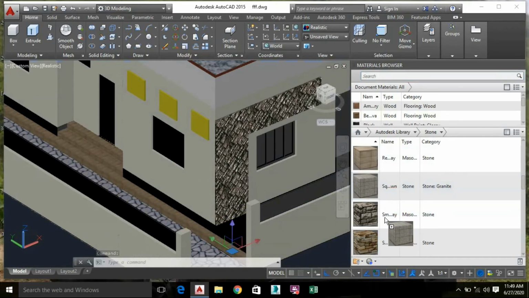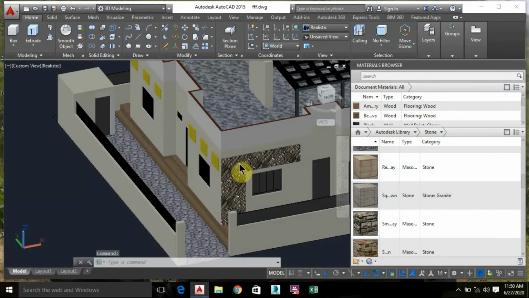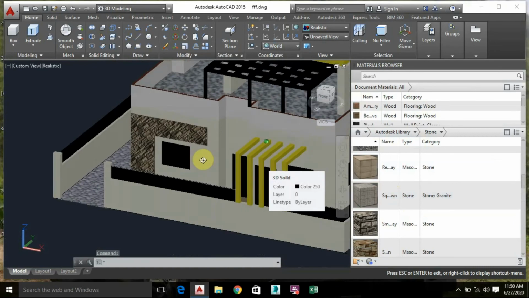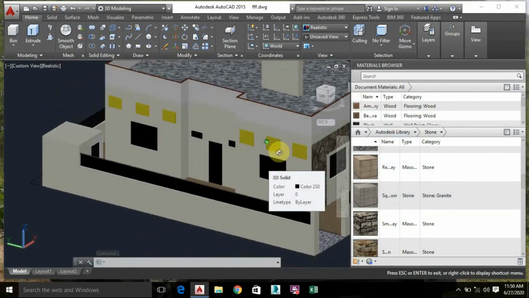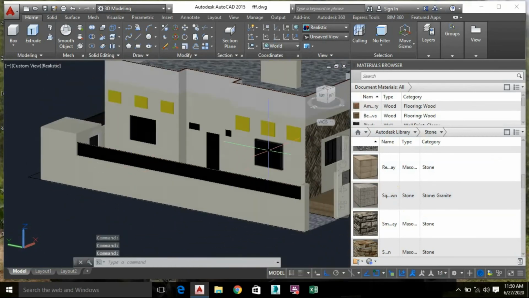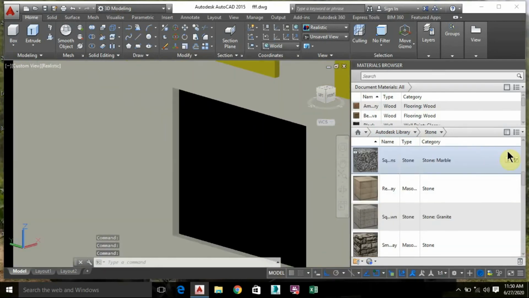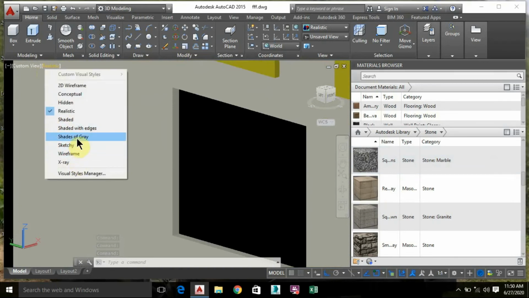Okay, all the floors, walls and all are completed. Now it's time for our windows. So I'll go to this window. You can see it's not visible, so I'll just go to this shades of gray. Now I will provide the materials. So I'll go to wood,